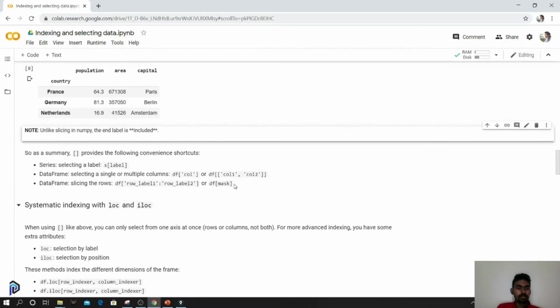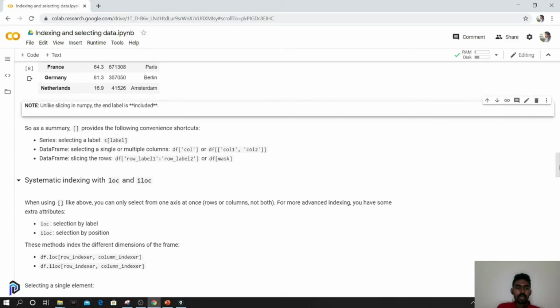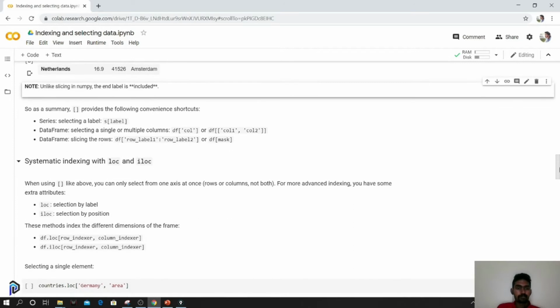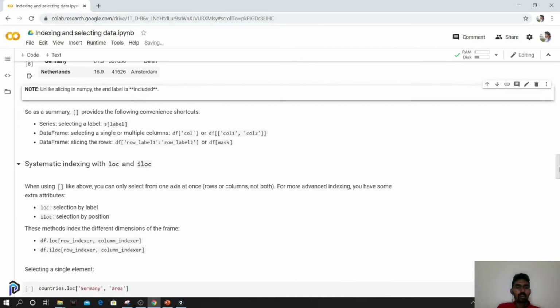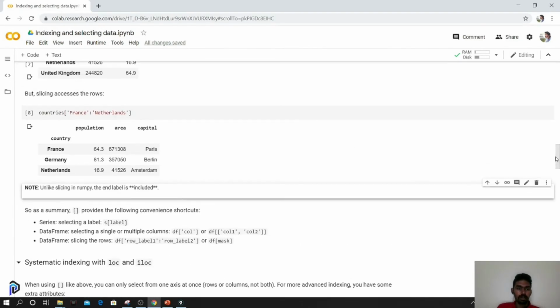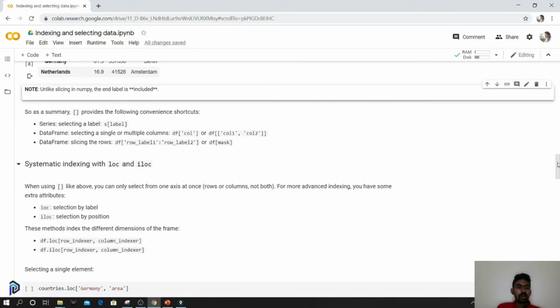Remember this: the end label is included. So we can pass a single column name, pass multiple column names, and also give a slice of row names. Next we will look into the more systematic way of indexing, which is using loc and iloc. One is label based, and the other is integer based.